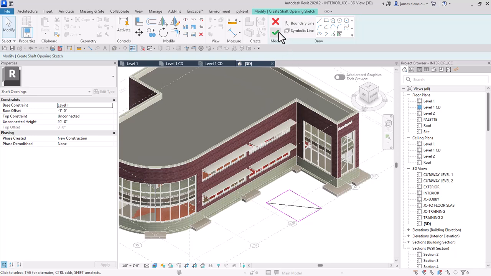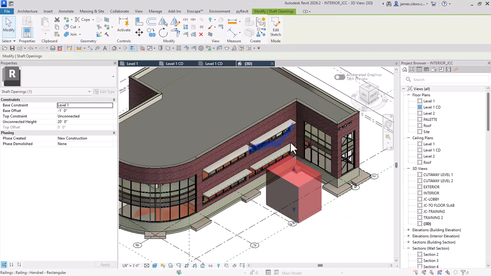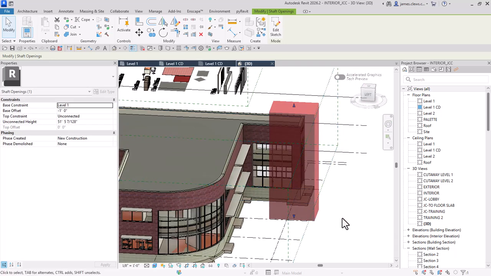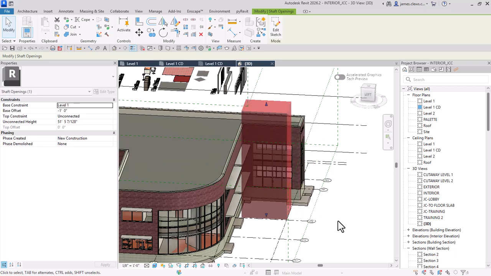And that would display, so when I put the shaft in, I would have a line to tell people that this is a void, similar to what I did with the simple line work. If I say OK, this is a 3D object that can pass up and through the model. So I'll just illustrate it this way, but if I took this and I'm using the arrow keys to move it back into my project,